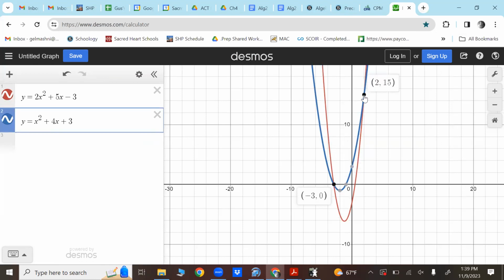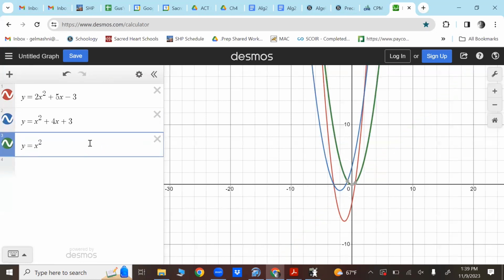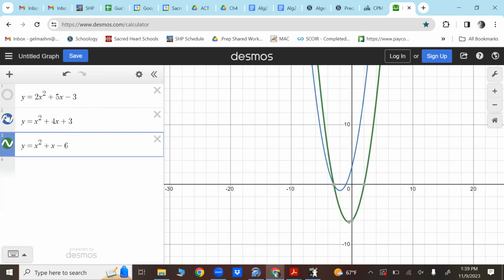Yeah, -3 and 2. But if you graph y equals x squared plus x minus 6, you're looking at the x-intercepts in this case. So it just depends which, basically either technique. So the whole point here,